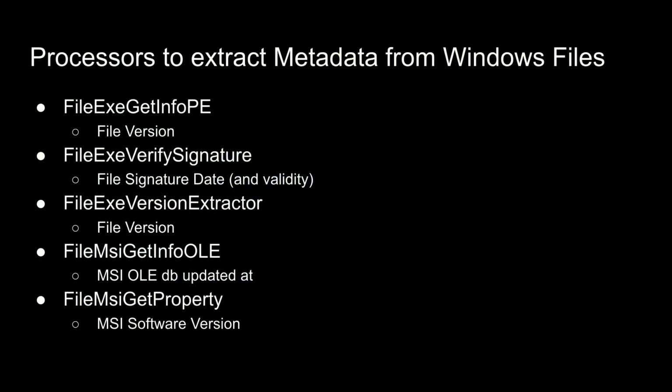And then there's a couple others here. This file exe version extractor is a slightly different way of working. It actually uses 7-zip to read the files, and it can get version numbers in different ways than some of the other ones. Sometimes it works better than the other one, though that first one is definitely the one we use the most. The file MSI get info OLE, what we actually use this for is Windows MSI files